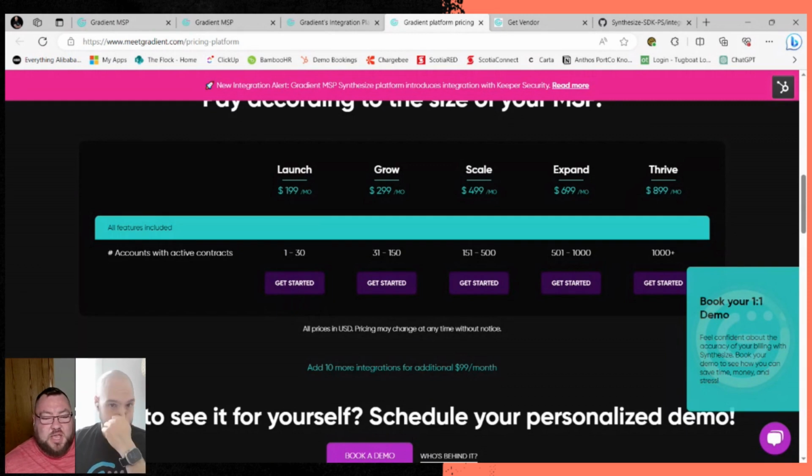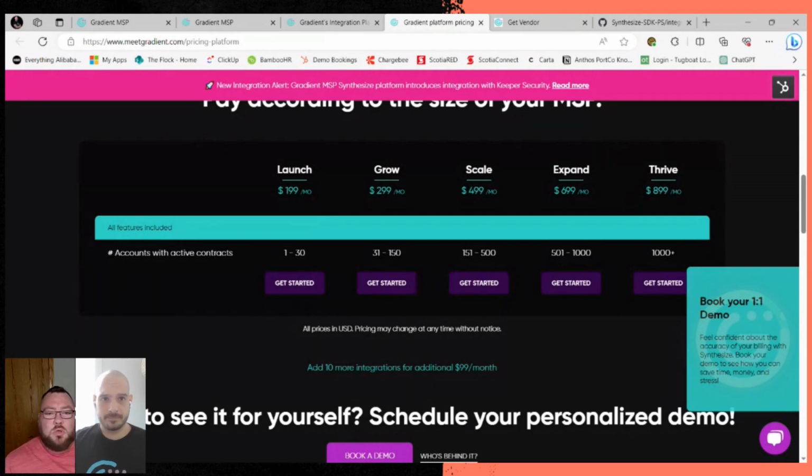So with that said, 300 times 12, so for 3,600 a year, now you don't necessarily need a full-time billing resource. This is something that the owner of the MSP, or maybe you've got a bookkeeper, but they're not like a CFO, that this is something that they're able to do without wasting a whole boatload of time.